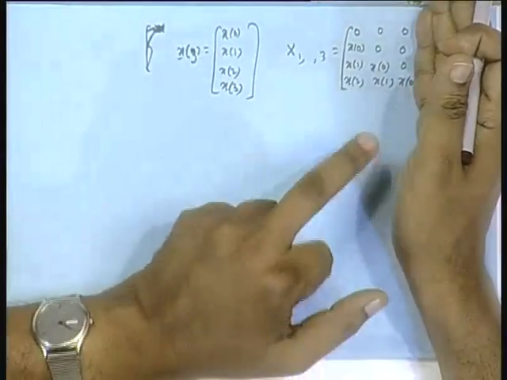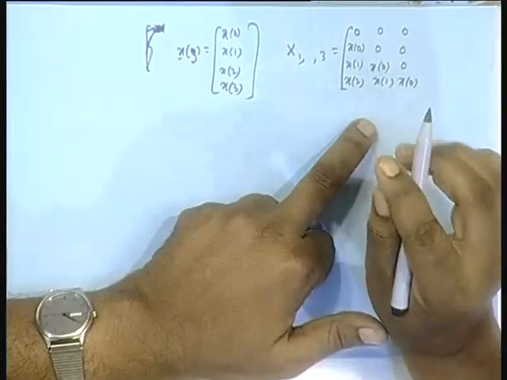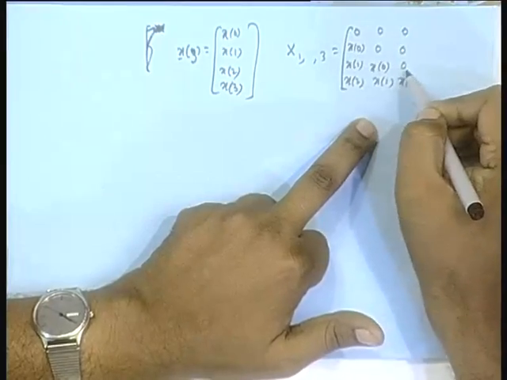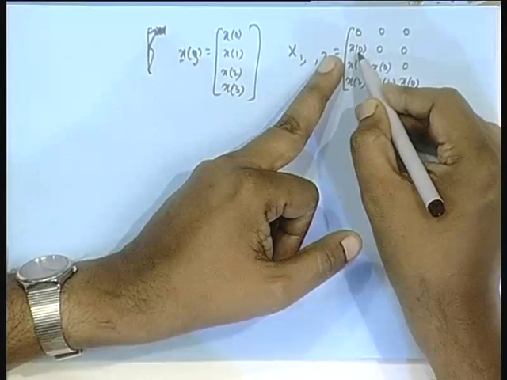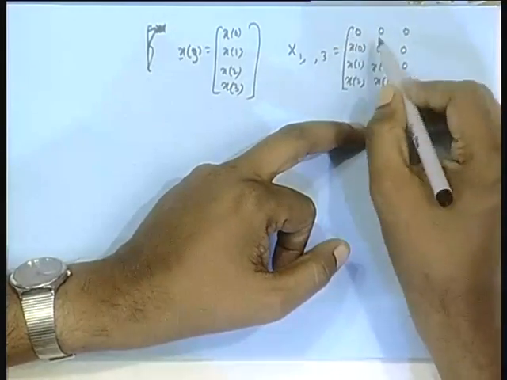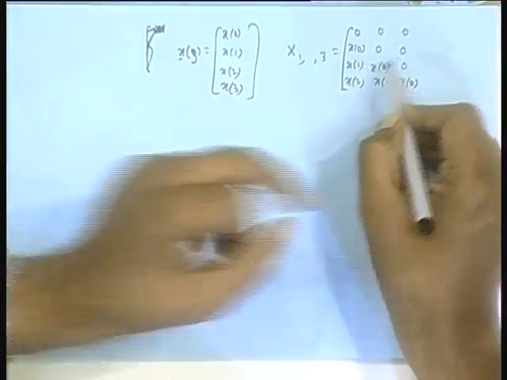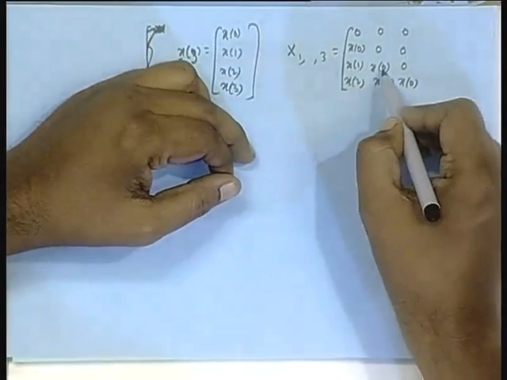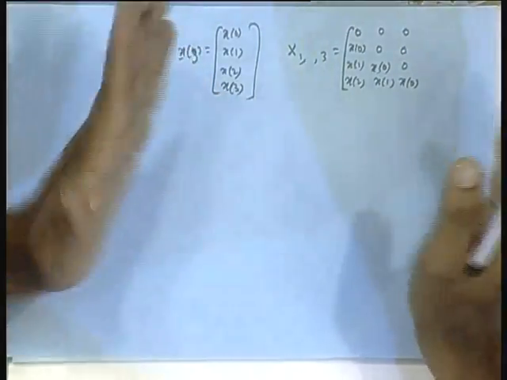Suppose I take up to this, can you see that these columns are linearly independent? If x of 0 is non-zero, these columns are linearly independent, because even if you combine these two, you cannot get a non-zero quantity here. Multiply this column by C1, C2, C3 and add: C1 x 0 plus 0 plus 0. If that is 0, C1 has to be 0. If C1 is 0, then C1 x 1 plus C2 x 0 plus 0 has to be 0, but C1 is already 0, so C2 has to be 0, and so on and so forth. This much is no problem.